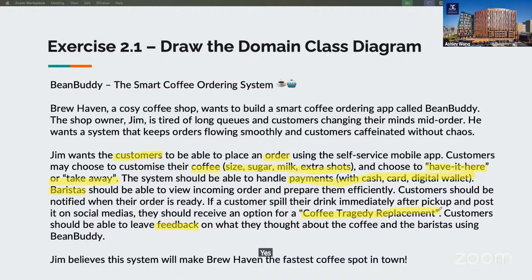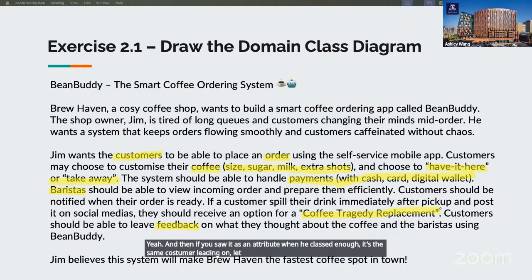Should the feedback here be a class or an attribute? I would place it as a class. I think it makes more sense, because if you store it as an attribute in customer, and the same customer leaves, let's say, 5 feedback, how do you handle that?